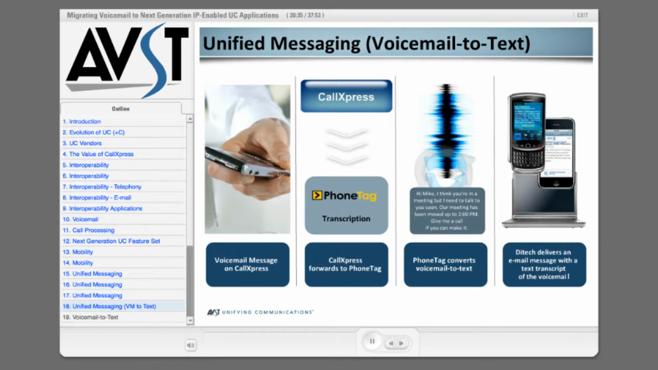Now, although CallXpress gives you access to your voice messages from a wide variety of interfaces, there are times where actually listening to a voice message is not appropriate. Well, with Phone Tag, you're able to now read your voice messages, and this is an annual subscription service from our partner Ditech. The interface from CallXpress to Ditech is a standard feature of CallXpress, though. And for each user that's assigned a Ditech license, CallXpress automatically forwards a copy of their voice message to Ditech. The transcription of that voice message is done in the Ditech servers and then sent back to the user's